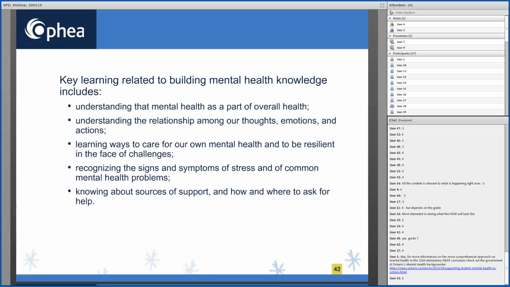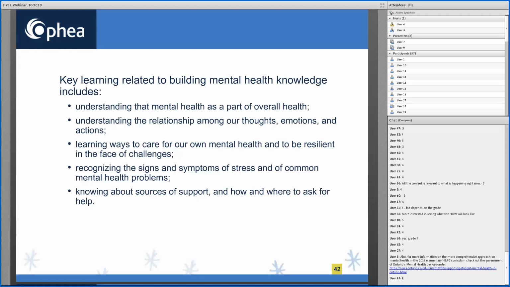One being that understanding of mental health as being a part of our overall health. A really important concept within mental health is that interconnection between our thoughts, emotions, and actions, learning ways to care for ourselves, so recognizing sources of stress, being able to manage our emotions and cope positively, and then also recognizing sources of support and where we can go for help. You'll notice